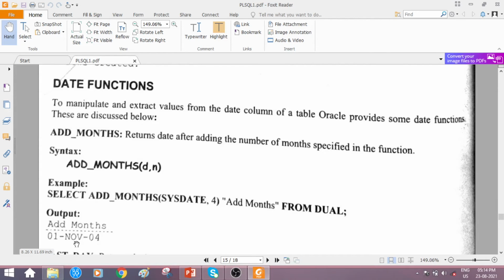If the system date is July, then adding 4 means August, September, October, November. So this is about the ADD_MONTHS date function.